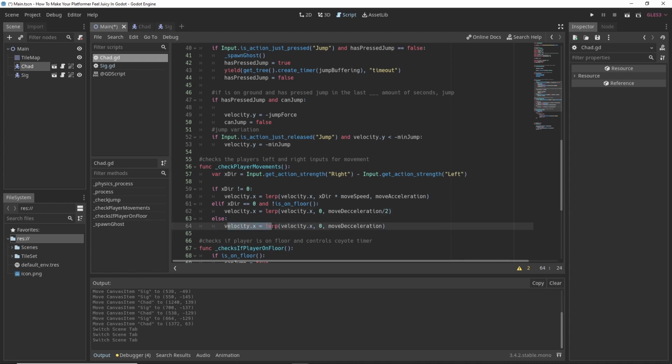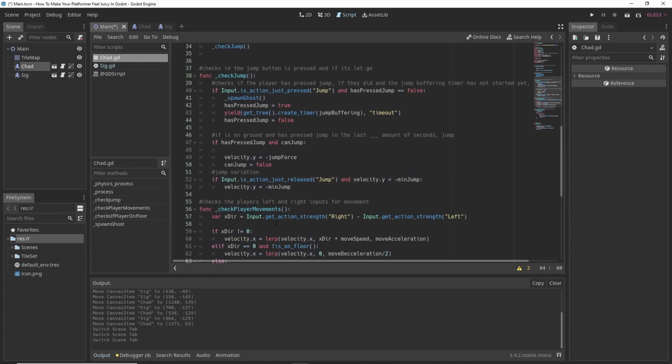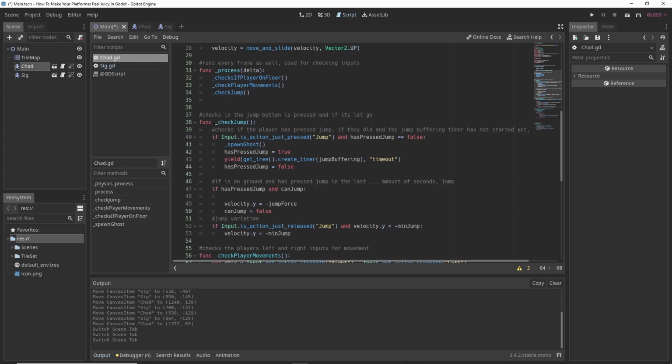Next, it's the same thing. If we aren't pressing anything, but we're on the ground this time, just take velocity and go to 0 by move deceleration. Now finally, it's pretty simple, check jump. If we press jump and we haven't pressed jump yet,